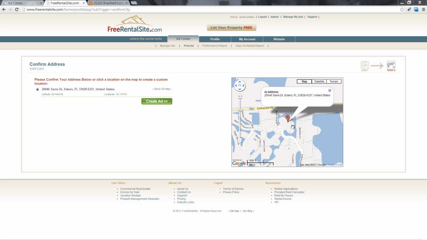In this case, it actually is the correct address, and I'm going to verify over here that everything looks good. All we're doing here is that if you accidentally typed in the wrong address or the wrong zip code or something of that nature, the system is going to try and locate the proper address and correct it for you, and also look up the correct latitude and longitude, which makes it easy for tenants to locate it on our search experience and on your website search. If everything looks good, which it does to me, simply click Create Ad,